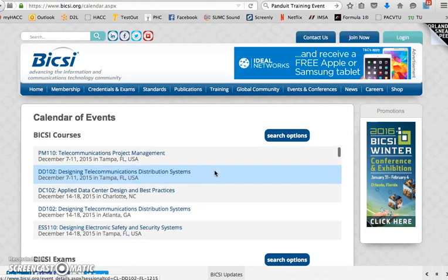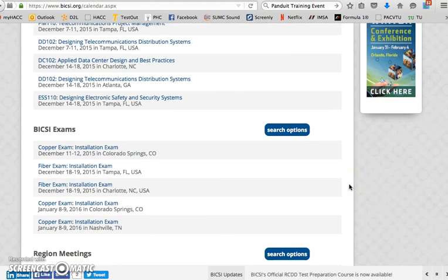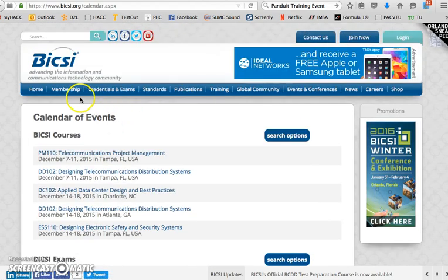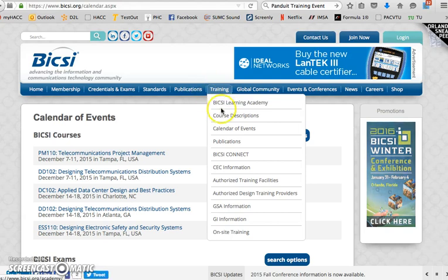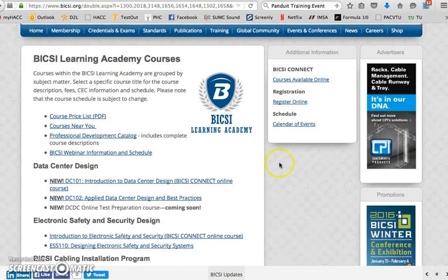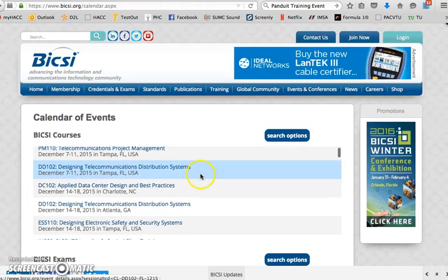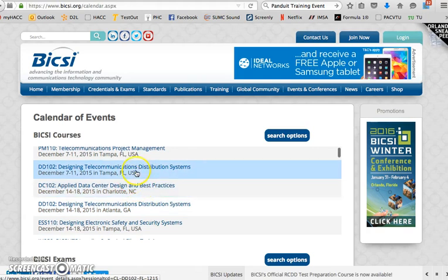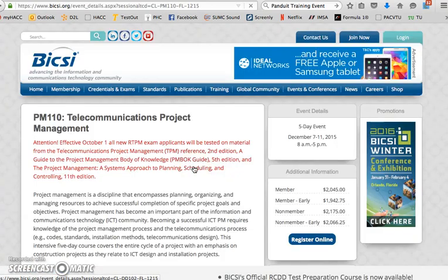If I look at their calendar events for the different courses they offer, no, that's still not it. Let me, hold on a second. One second here. I'll go under course descriptions again, and then I should be able to register online. That's what I'm looking at. This is their list of courses, and then if I do a register online and pick out a particular course that I want to do, data design, telecommunication, actually we'll do the project manager and pick on that one.